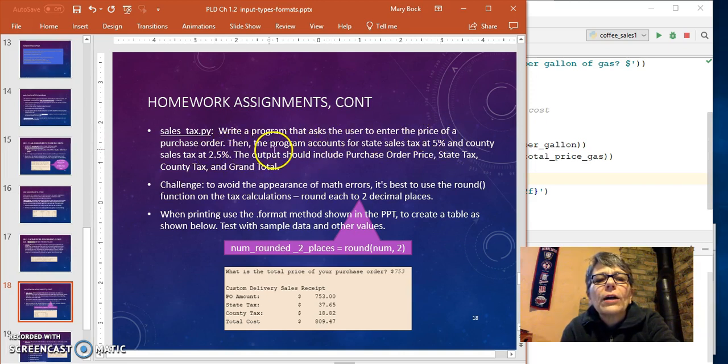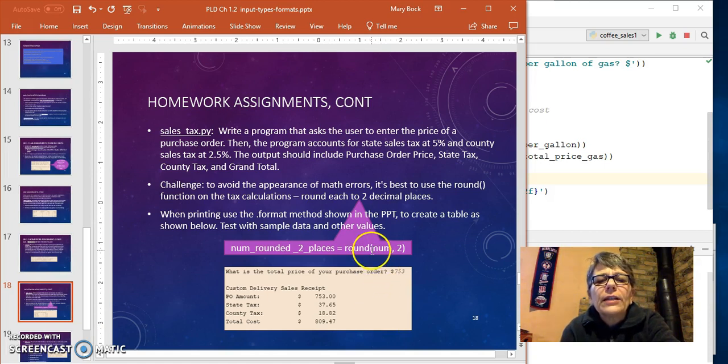So you need to know how to change a percent into a decimal in order to calculate that properly. And then it adds up the purchase order amount, state tax, county tax, and the total cost. It's a table with 3 columns, so a little bit simpler than the 6-column situation in the